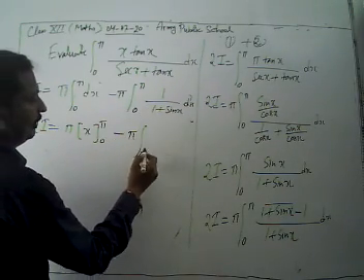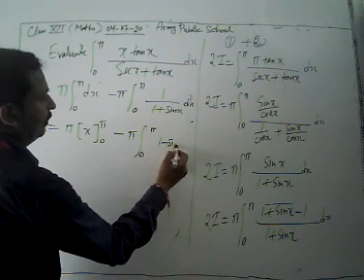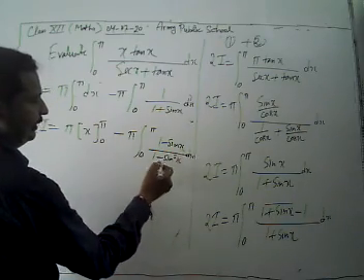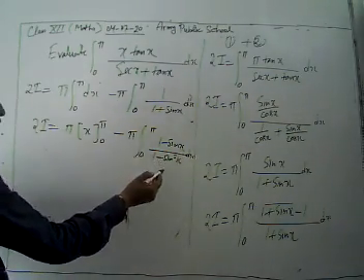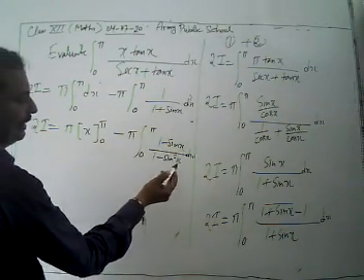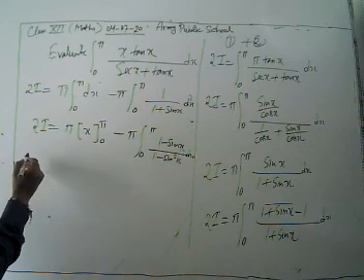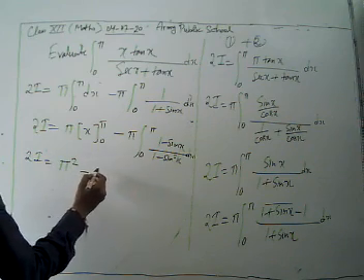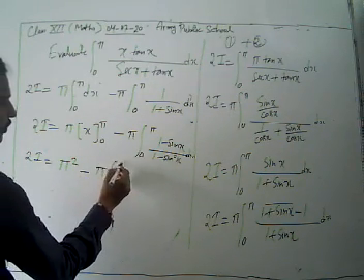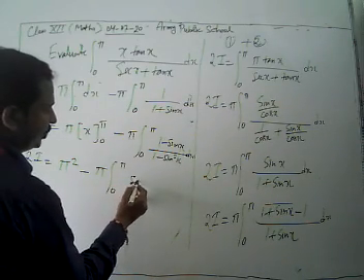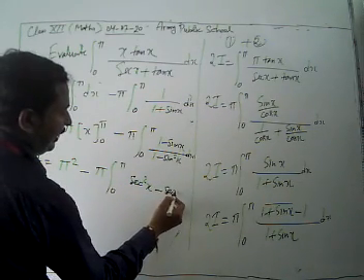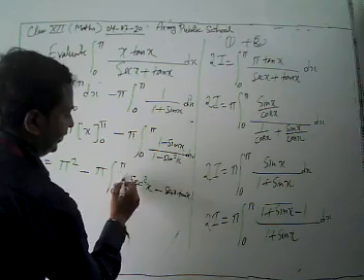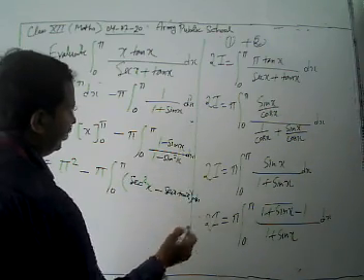Then we have minus pi, integral from 0 to pi, of 1 minus sin x upon 1 minus sin square x dx, and it turns to cos square x. 1 upon cos square x is sec square x, and sin x upon cos square x is tan x into sec x. Putting the limit here, we get pi minus pi, and we have here pi square. Now we have pi, integral from 0 to pi, sec square x minus sec x tan x dx.